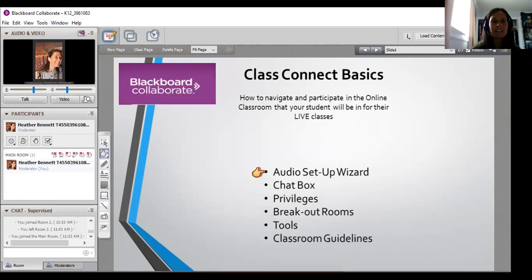So let's talk about headsets really quick. You do not have to have a headset. But it is recommended that you get one. This is really good for your student because once they have that headset on, they can focus a little better on their class. I know that for me, as an adult, working away, if I don't have my headset on and I'm in a class and I'm supposed to be listening and learning things, if I don't have my headset